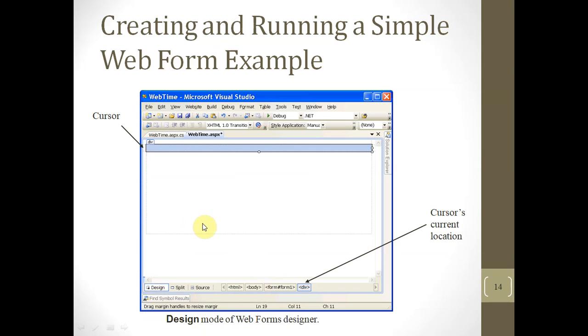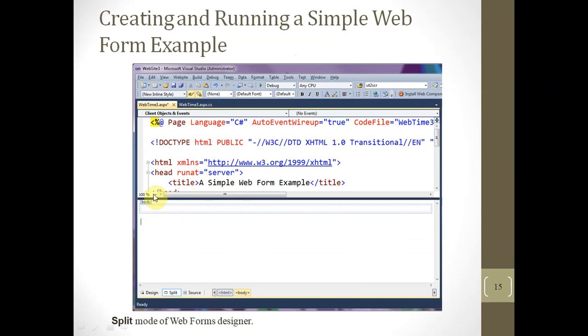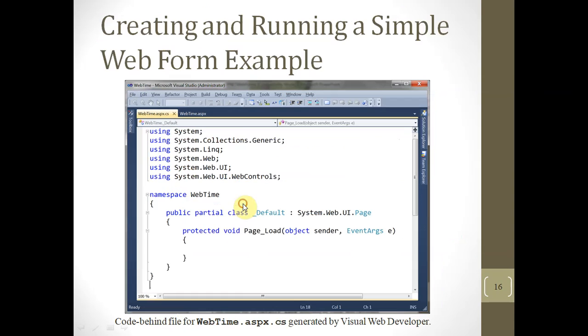This is where we have one label and another label for time. We have to write one more label, and this is the split, and this is our WebTime.aspx.cs file, and inside this we will write the code